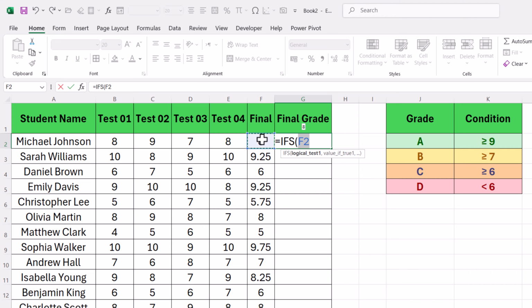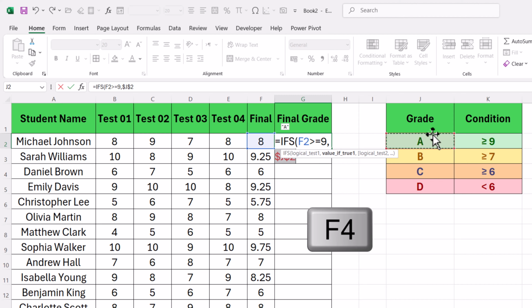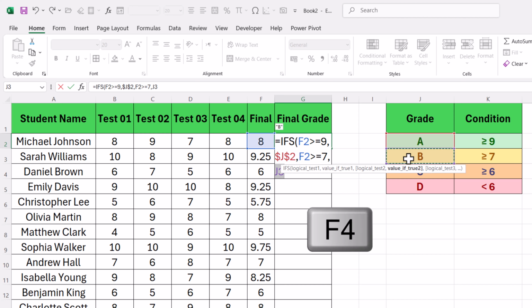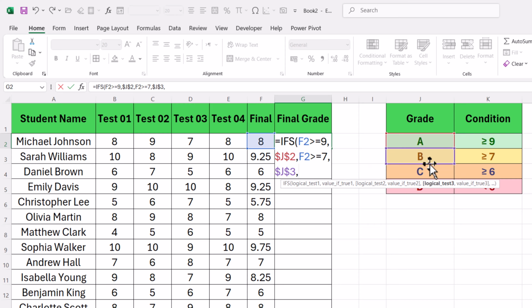If F2 greater or equal to 9 equal to A, fix this one by F4, comma, F2 greater or equal to 7 equal B, F4 fix it, comma,